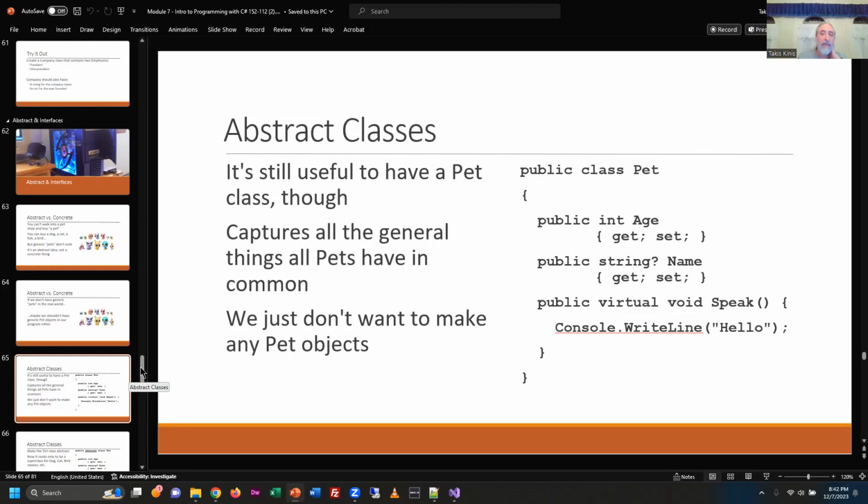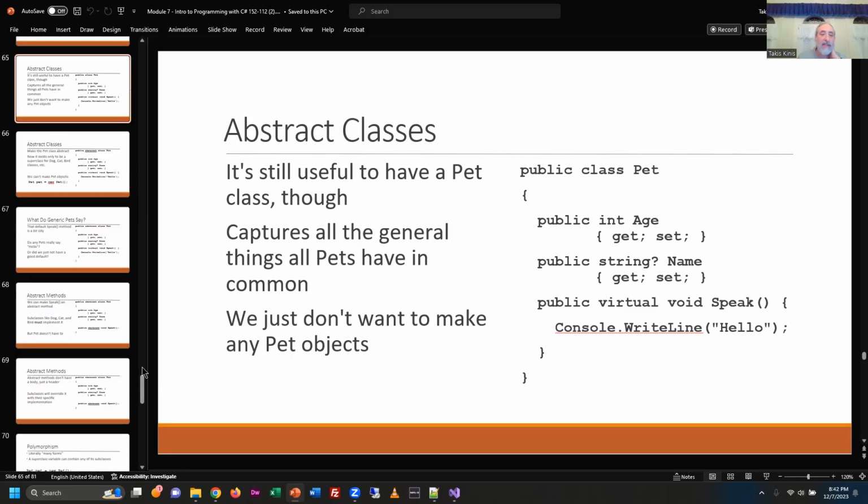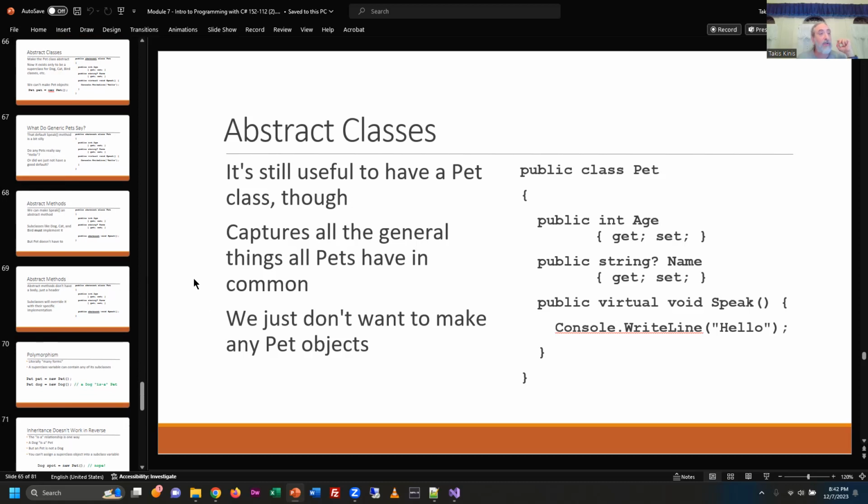So we have the capability then where we can take classes and designate them as abstract. And it says here, it's still useful to have a pet class though, even if we make it abstract. It captures everything that generally is true about all pets, right? And if you remember, like kind of what we did here, we had assigned an age and a name, and then we came up with this like generic speak method, as if every pet can say the word hello, which is not true at all, right? All right, so that being the case,